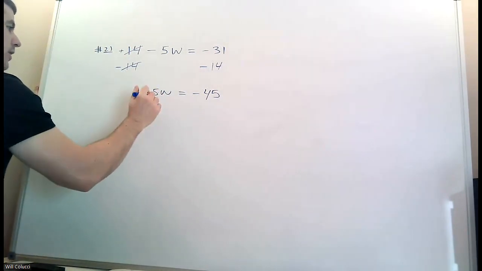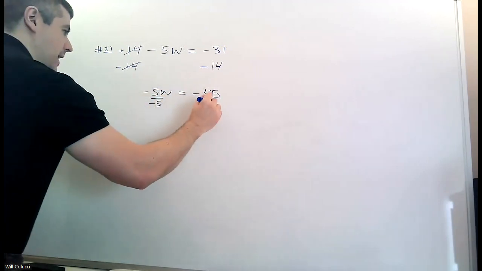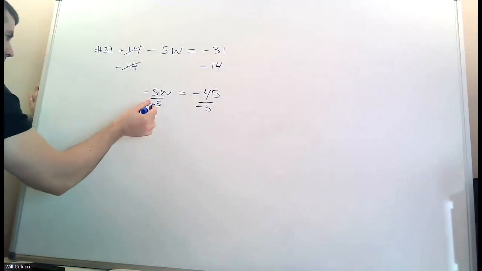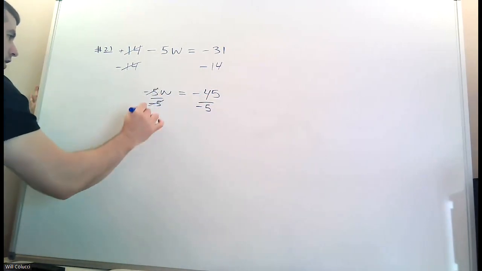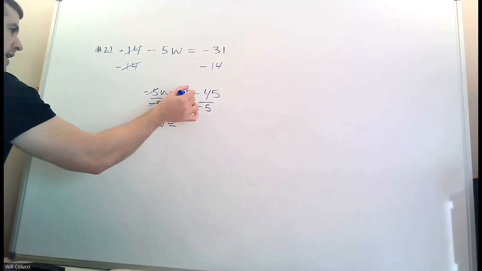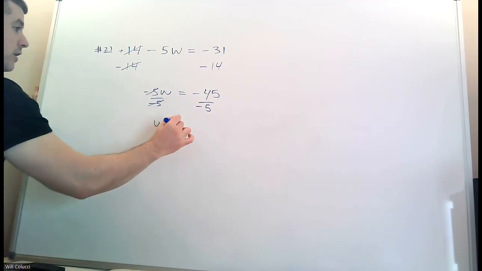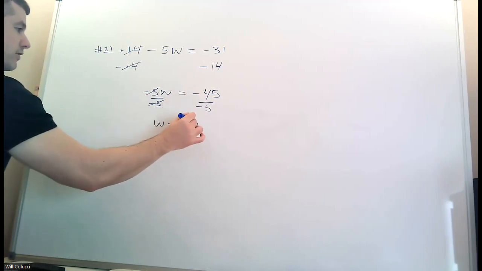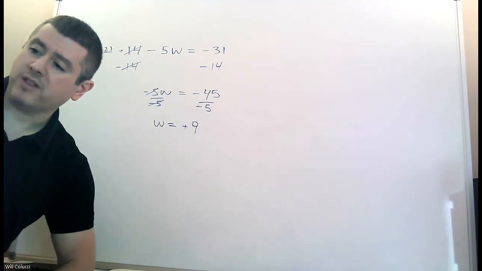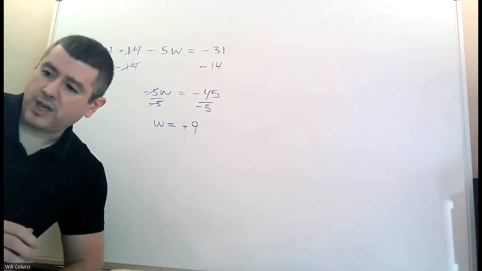So now this is a product. This is negative 5 times W. And the opposite of multiplying by negative 5 is to divide by negative 5. You don't divide by 5. That's not what's in front. You want to get the letter alone, right? Negative divided by a negative is a positive. Two negatives, two wrongs make a right. So I get a positive, and then 45 over 5 is 9. Right, so again, the important thing to keep in mind when you do these is that